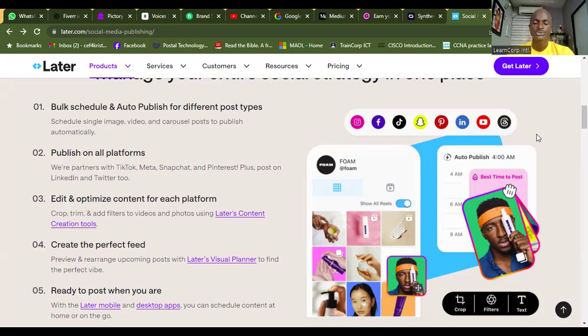Now, most of us do not have that focus, do not have that time to always do these things. So what you could do is put this content in place, have them written. I mean, you can write blogs: write me 10 blogs about this and this, 2 on this, and so on. So when you have them ready, you can come to later.com.